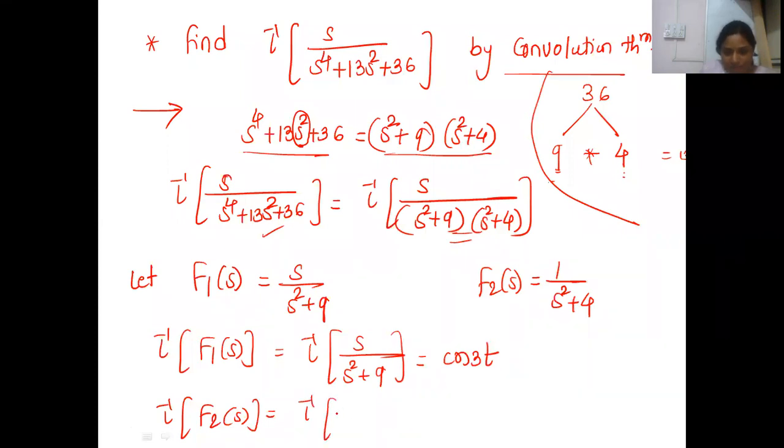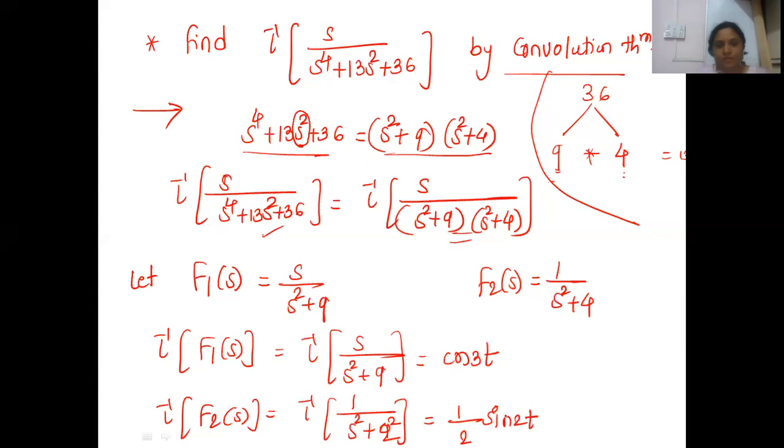the Laplace inverse of 1 upon s square plus 4. What is that? 4 means 2 square, right? You should first write it as 2 square. So 1 by 2 sine 2t. Right? So one you will call f1 and the other you will call f2. Now we have this. So by convolution theorem,